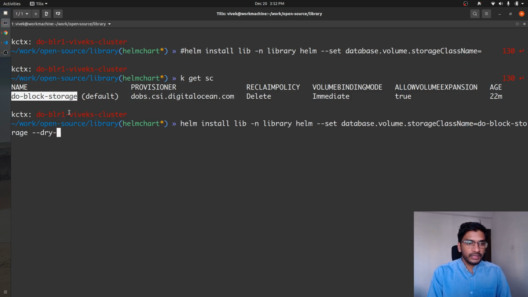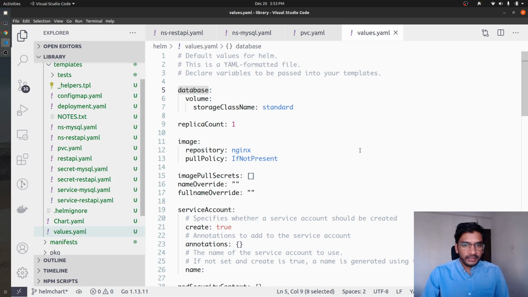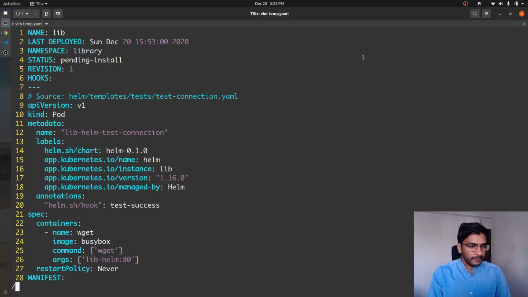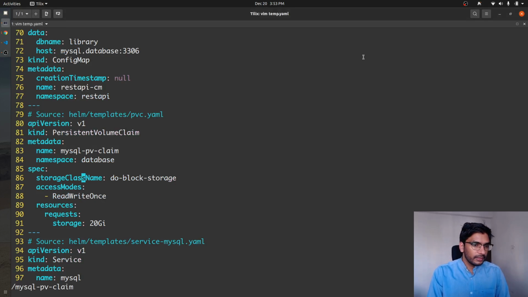Right? And we actually want to look into the rendered manifests, right? So let's redirect this output into a file, let's say temp.yaml, so that navigating through that manifest file would be easier, right? And if I open temp.yaml now, and if we search for this particular PVC, mysql-pv-claim, here we go, we can see that the rendered manifest now has storage class name set to do-block-storage,